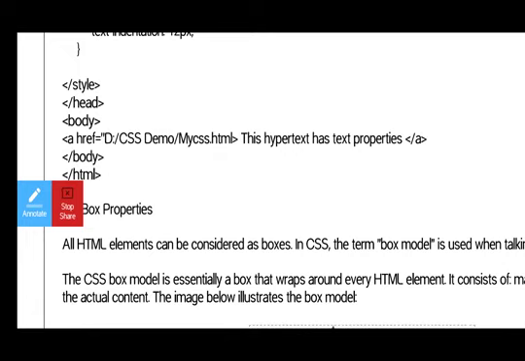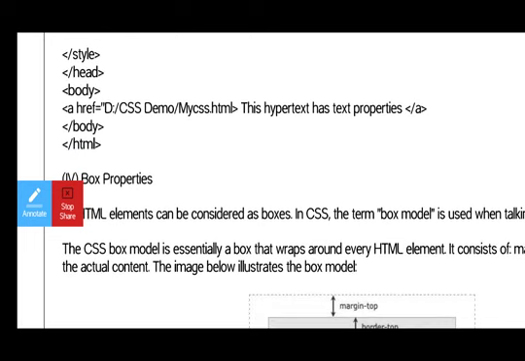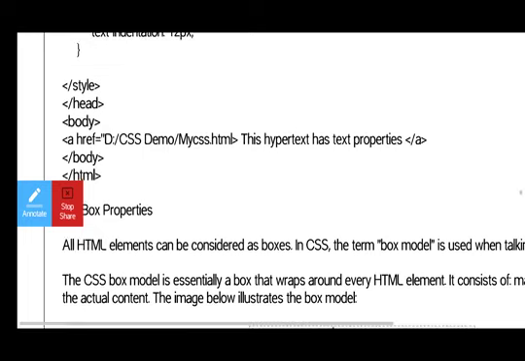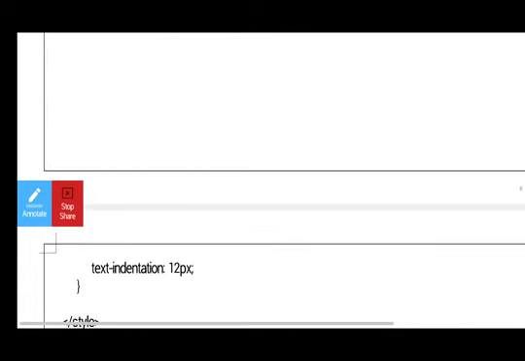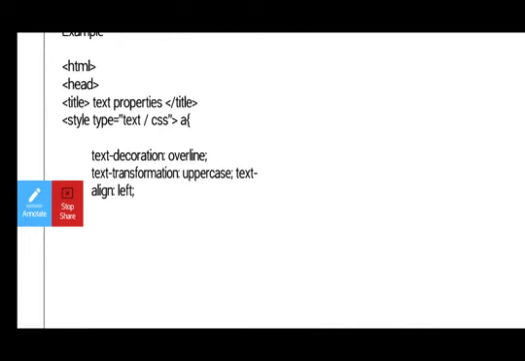In this body, we are going to put my css.html file. So this is all the path that is going to have the hyperlink reference. This hypertext has text properties. So we are going to close the anchor tag and the body tag and the HTML tag. So this is about this program and how we are going to use the styles in the text properties.